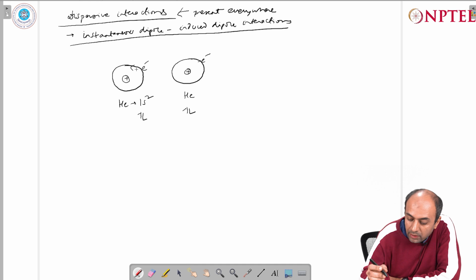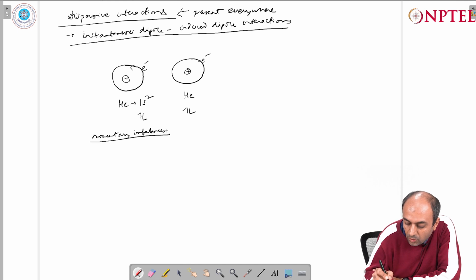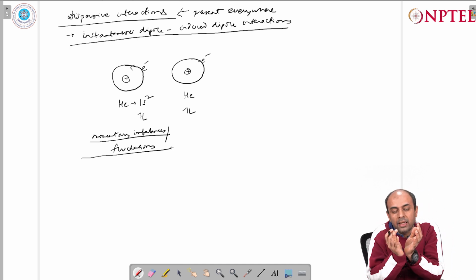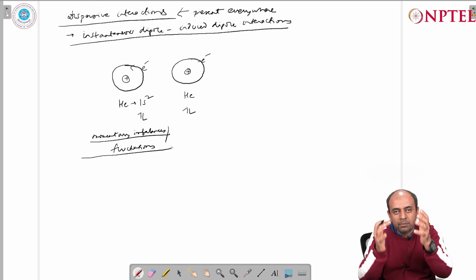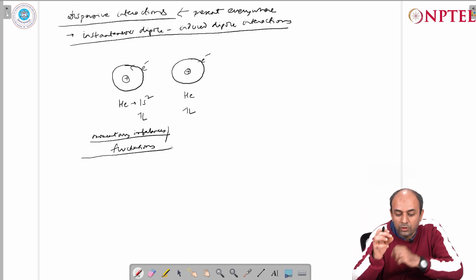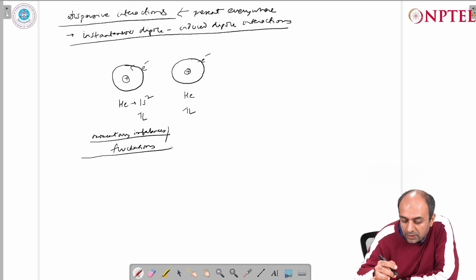In fact, you will have momentary imbalances, or we also call it fluctuations, in the electron density distribution. It is not necessary that you always have the spherical electron density distribution, because the electrons are quantum mechanical waves and they are free to move about in three-dimensional space. Obviously, they are under the control of the nucleus, but at any moment it is not necessary that you will maintain the spherical distribution. There is an imbalance, there are fluctuations, and because of which